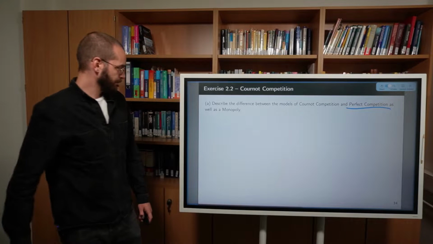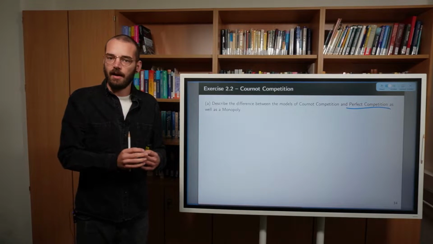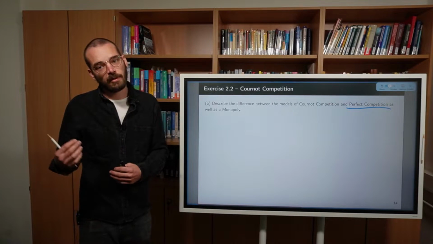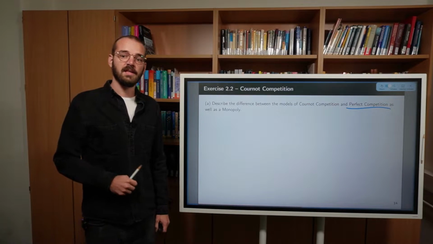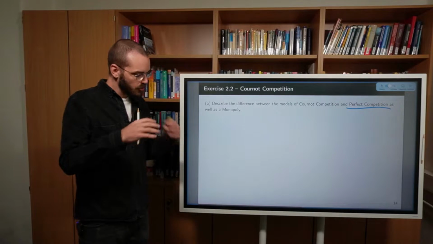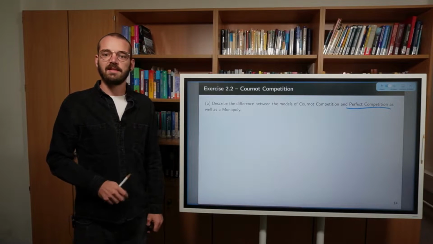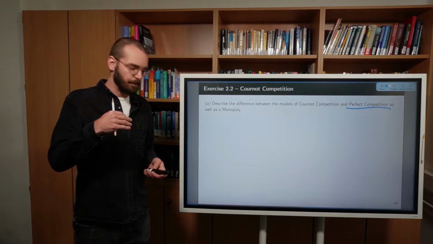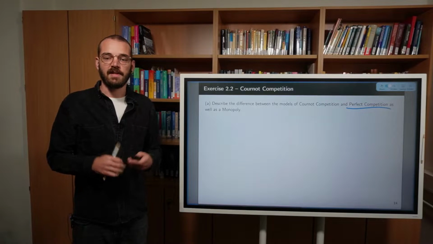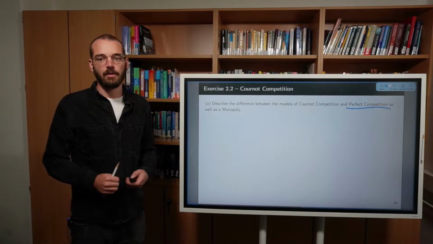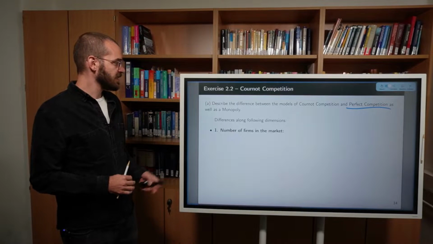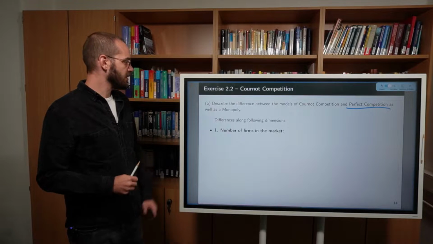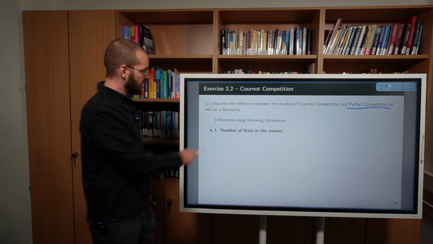Alright, so there's of course a lot of things to say about the differences between Cournot competition and perfect competition and monopoly on the other hand. So one way to systemize our answer is to look at the differences with regard to four different dimensions in which we can compare these different models. The first dimension in which we want to discuss the differences between these models is the number of firms in